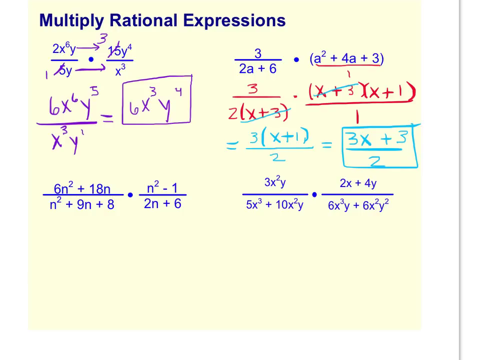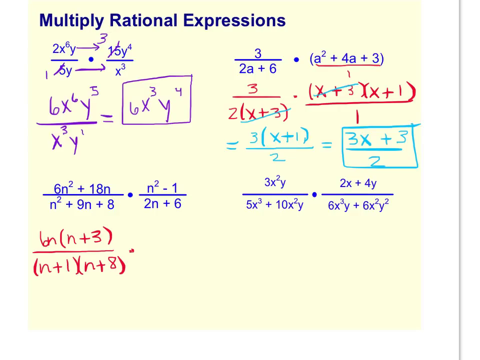Alright, this next example, again, factor everything you can factor before you start simplifying. So the numerator, you have a 6n squared plus 18n. You can factor a 6n out of both of those. We get n plus 3, so that was your GCF factoring. The denominator, we've got a trinomial, so factors of 8 that add up to 9, and that's just a 1 and an 8, so n plus 1, n plus 8,